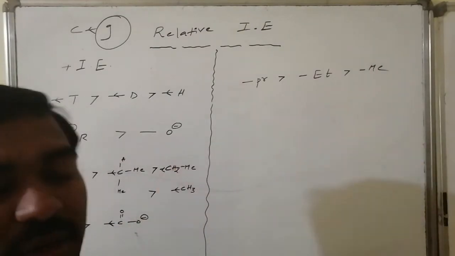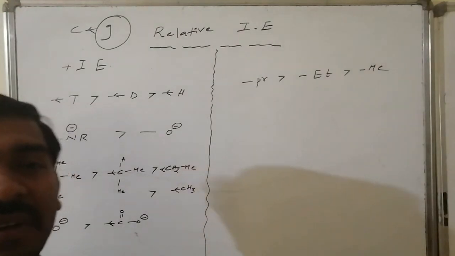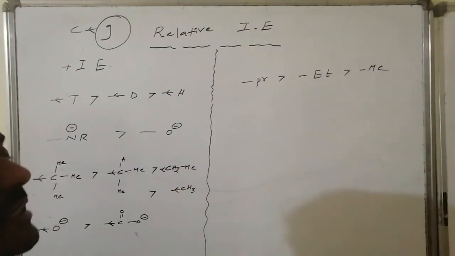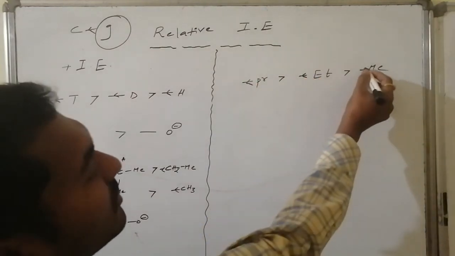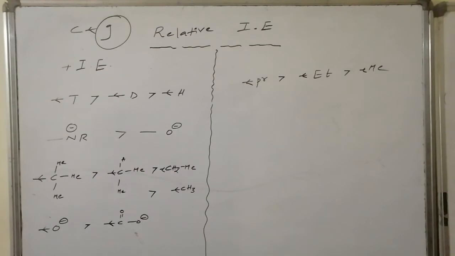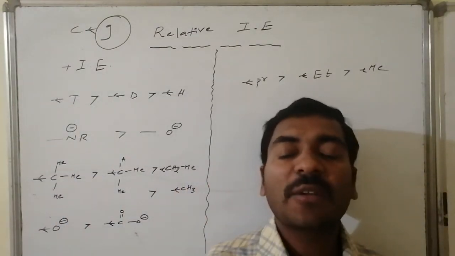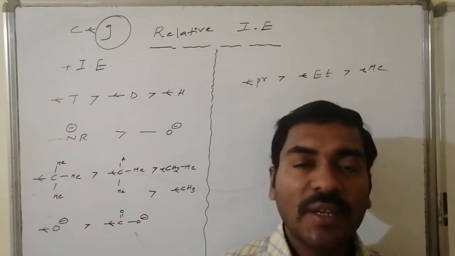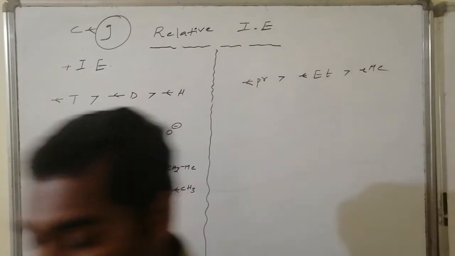Similarly, in the case of all primaries, the more the chain extends with the number of carbon atoms, the more the positive inductive effect. Hence, propyl, ethyl and methyl, in this way the order is present. These are some examples where relativity is necessary. Thereby, you can compare the other things. You can estimate the strength of positive inductive effect groups.